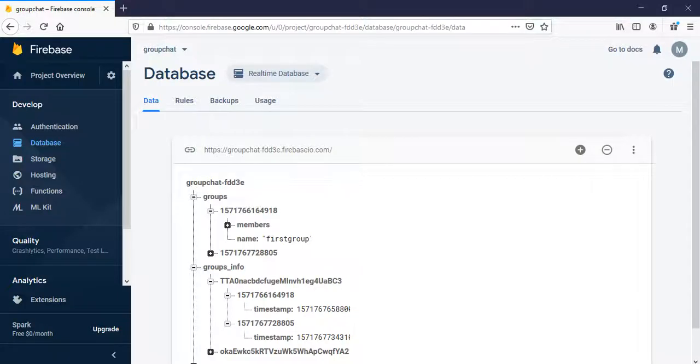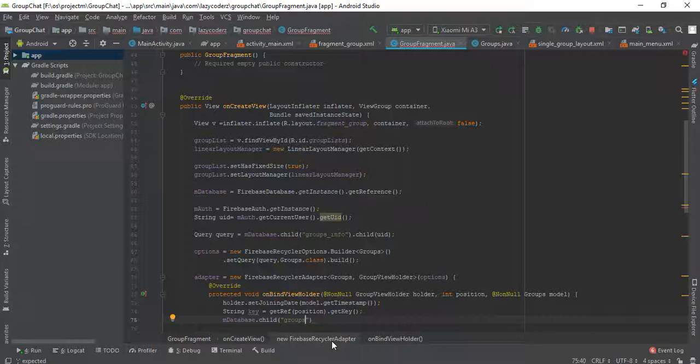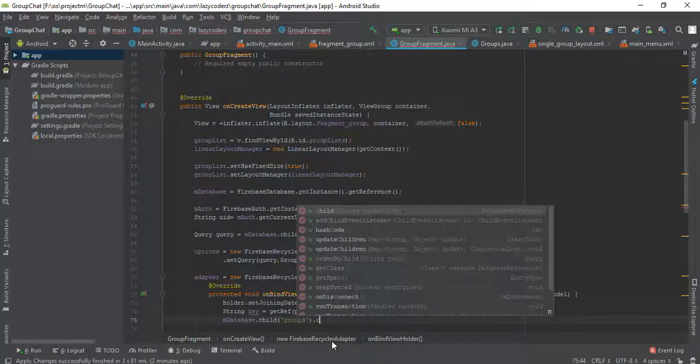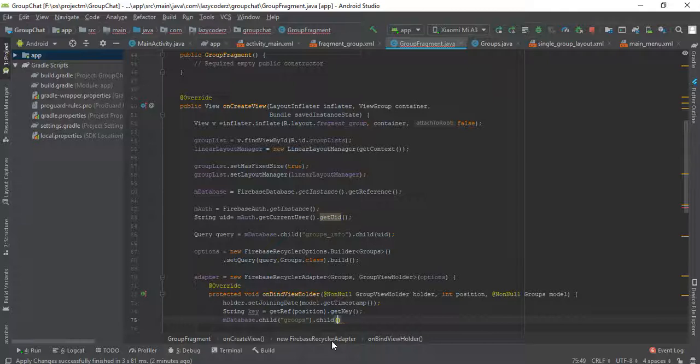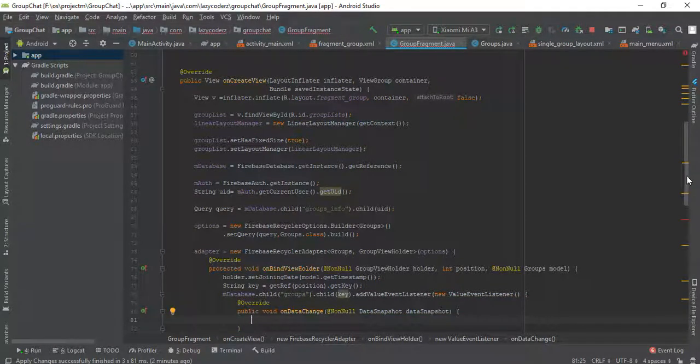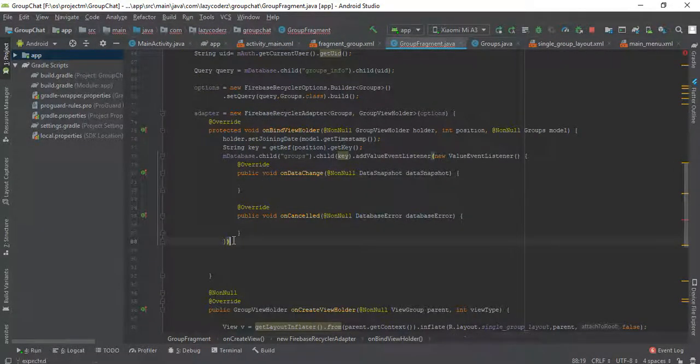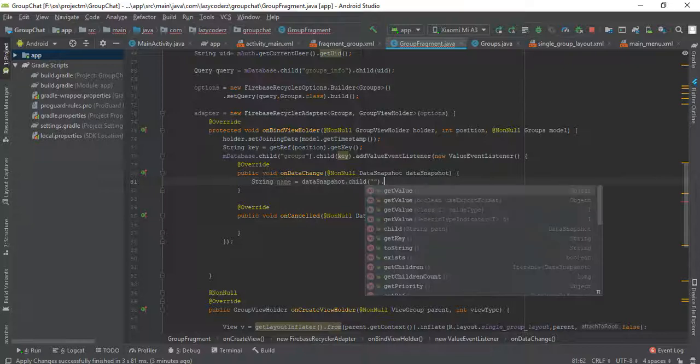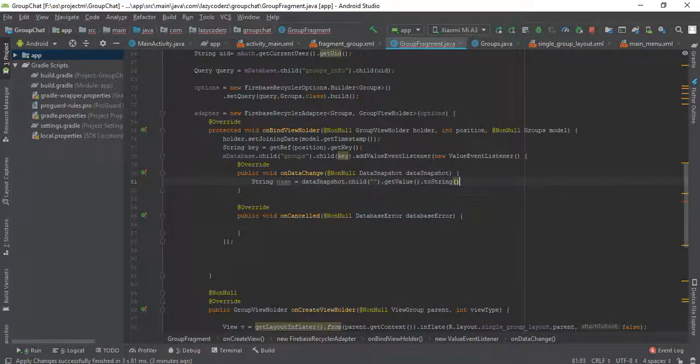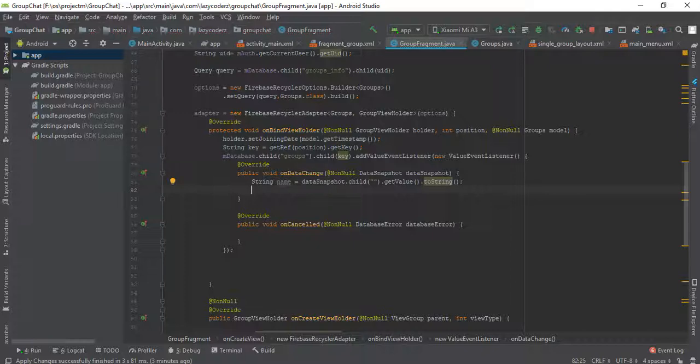I think this is groups, as groups dot child, this should be key, dot add value event listener, new value event listener. Now I should get a string name equal to dataSnapshot.child, I will look for that, getValue().toString(), and holder